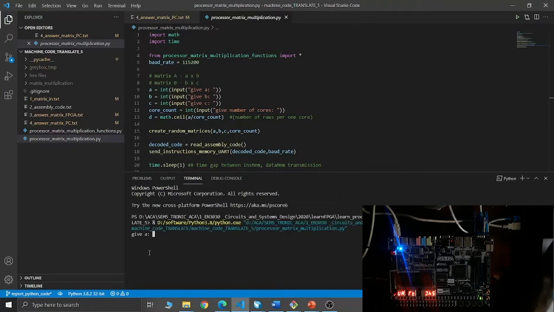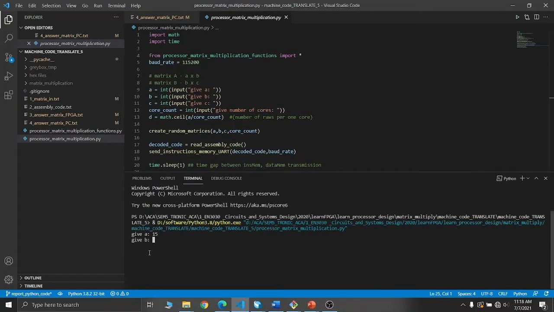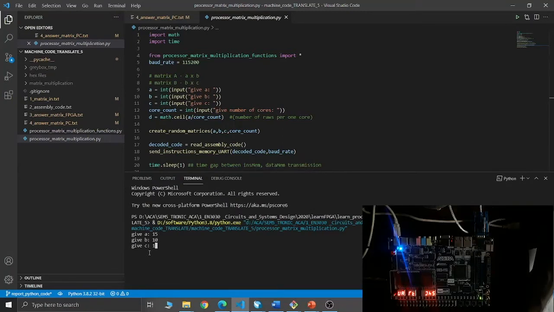Let's set the sizes of the matrices first. Let's set the first dimension as 15, the next dimension as 10, and the next dimension as, once again, let's say 14, and set the number of cores to 3.